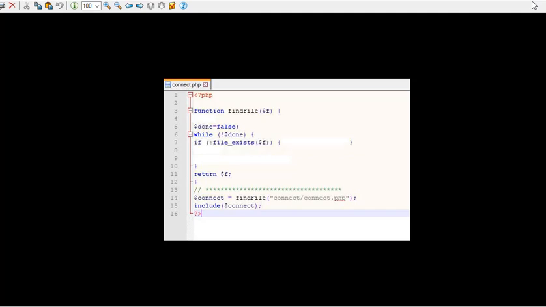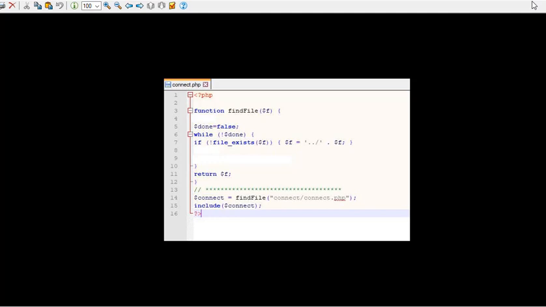It's going to do a loop, and that loop says if the file doesn't exist, so exclamation point file_exists of $f. If the file doesn't exist, add a ../ in front of it. So that loop will go on forever searching for it. In fact, it'll only have to look one time, because if you're in the public_HTML, it'll go up once and then it'll find connect/connect.php. But just for sake, in case of a situation where for some reason it's been moved,